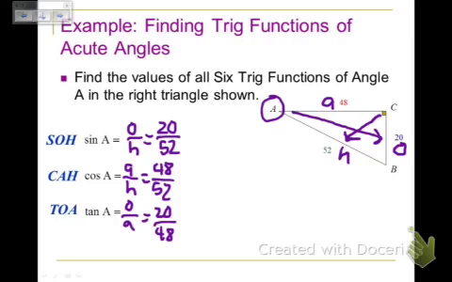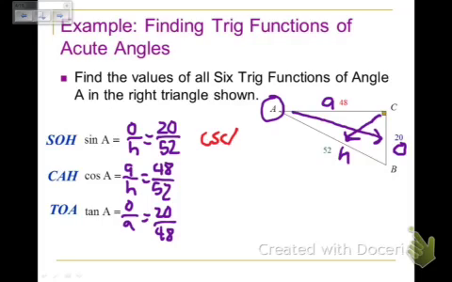You really want to go ahead and simplify those. I'll let you do those on your own though. Okay, so now I found the first three, sine, cosine, and tangent. Now I need to find the other three. Well, again, if you remember from the slide before, hopefully you wrote that down, and you're writing this example down,